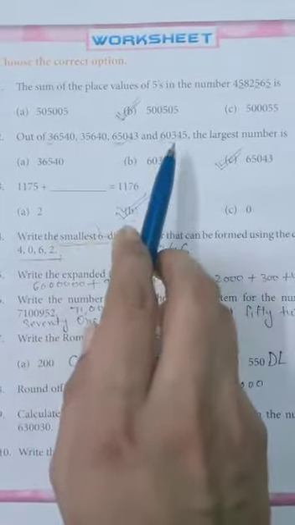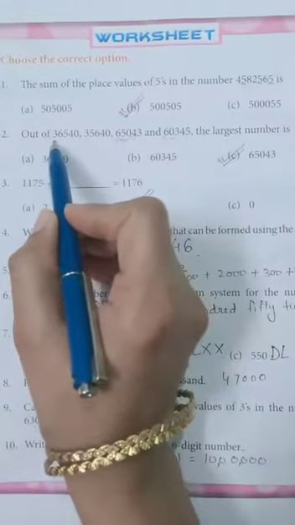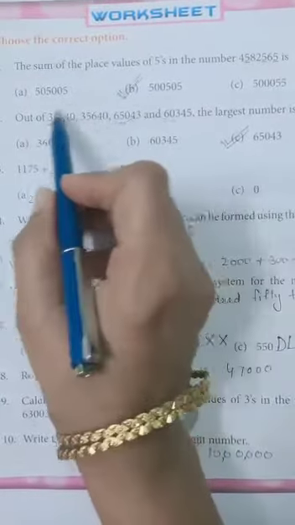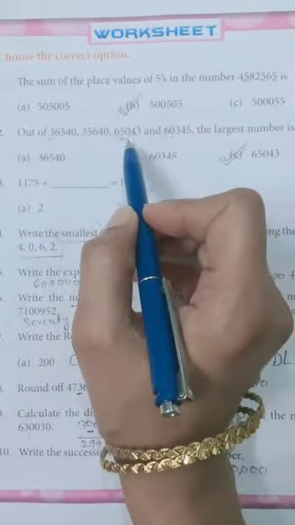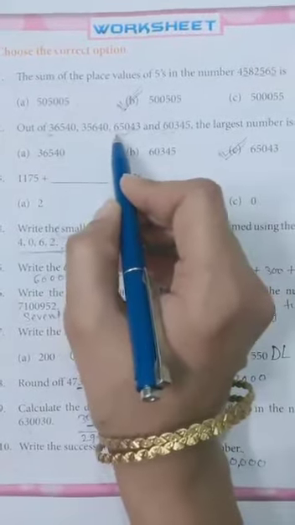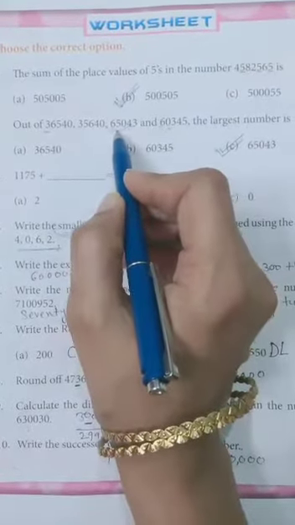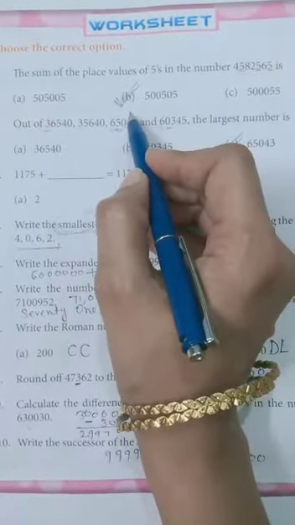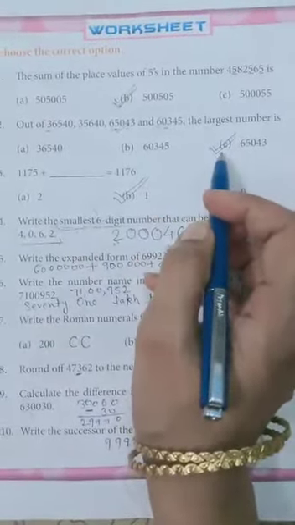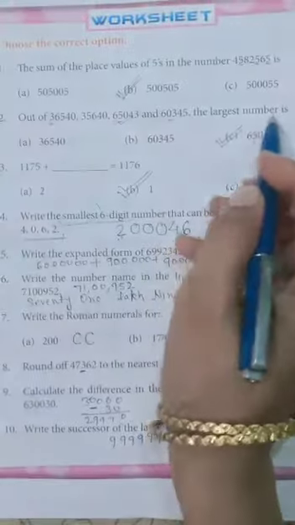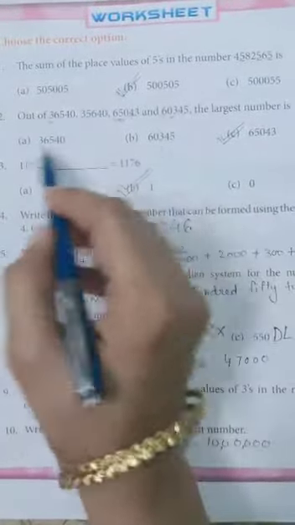We have read about comparing, so now we have to compare. First look at what is here: 3, here also 3, here 6 and 6. So simple, these both are smaller and the larger will be this and this. Now compare this number and this number only. This value is the same. Now come to the second digit: here is 5 and here is 0. So the greater will be this number. So our correct answer will be option C. 65,043 is the largest number among all these numbers.